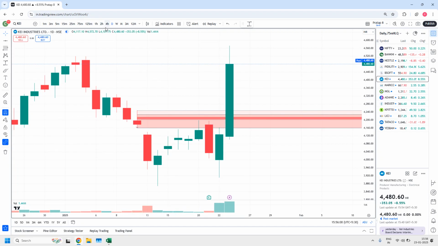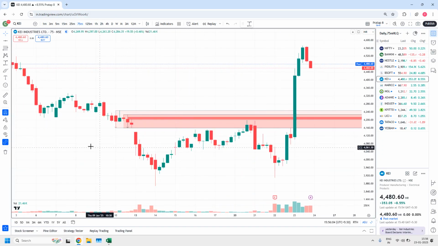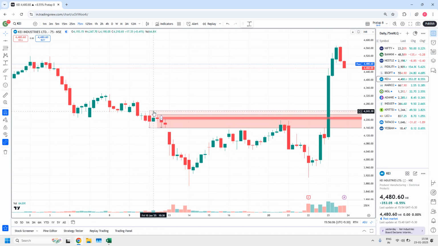Go to the 75 minutes time frame. Here actually 75 minute structure is not good. Just like compromised and drawn the zone. This is a leg in, 3 base candles. Leg out is okay because you have a drop candle with a hidden body, within the 75 minutes,